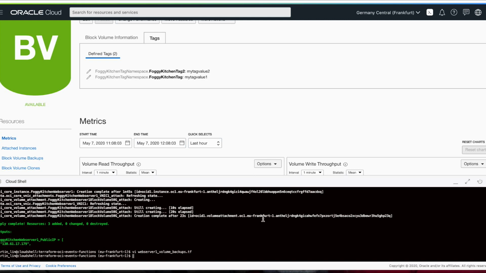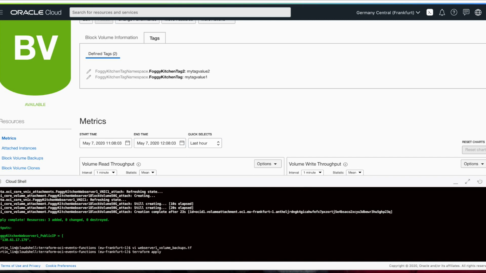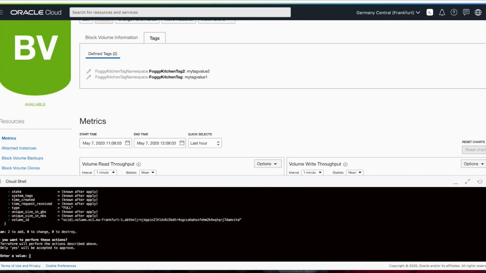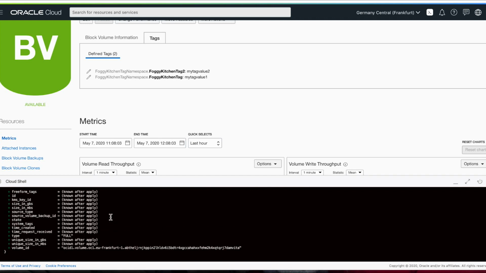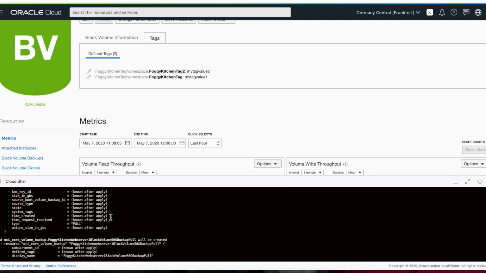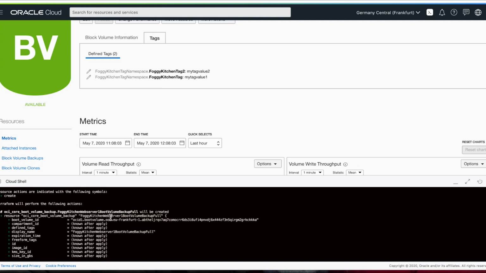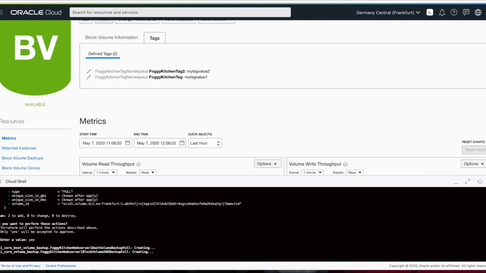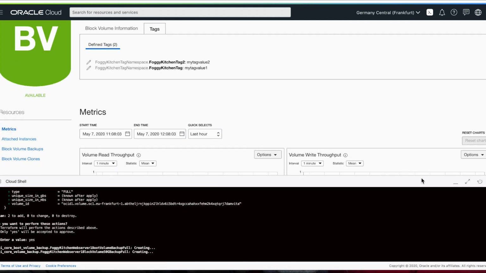Now when we run Terraform apply, it will create two manual resources: a 50 gigs volume backup, full, for block volume and a full backup for boot volume. Both manual. Typing yes, and let's go to our